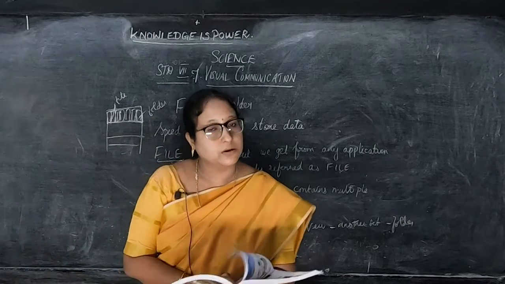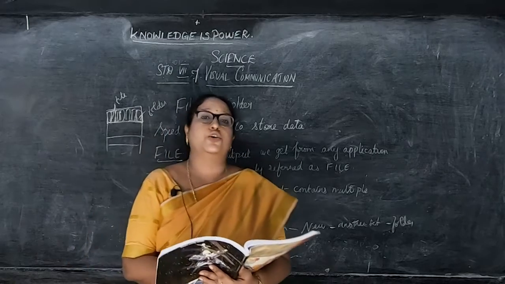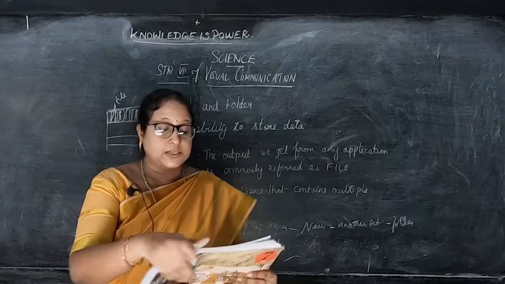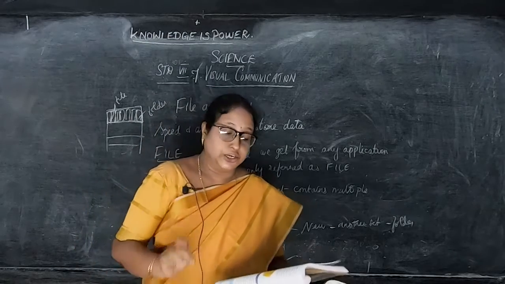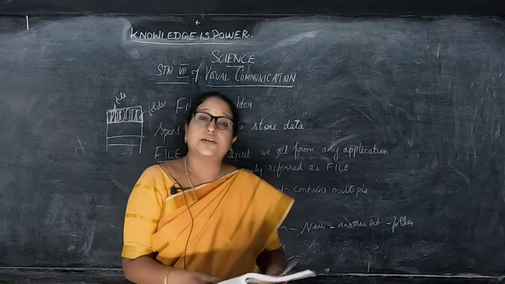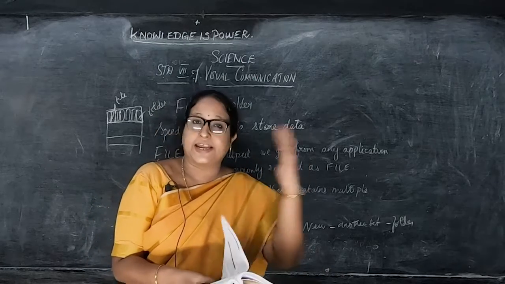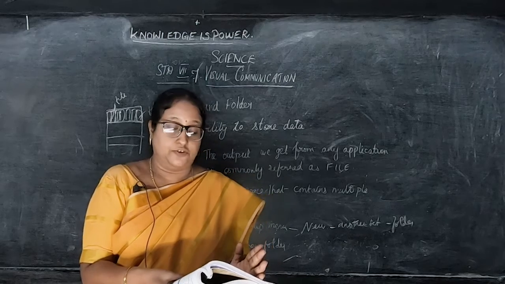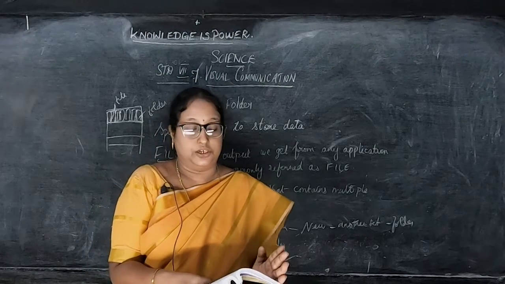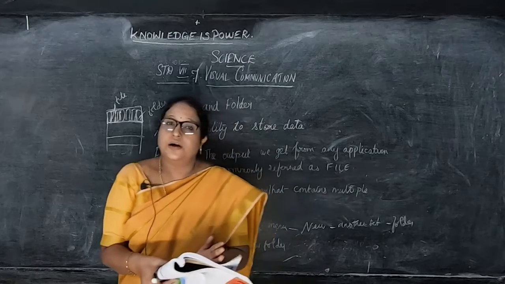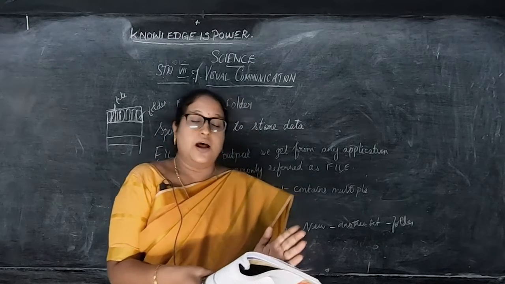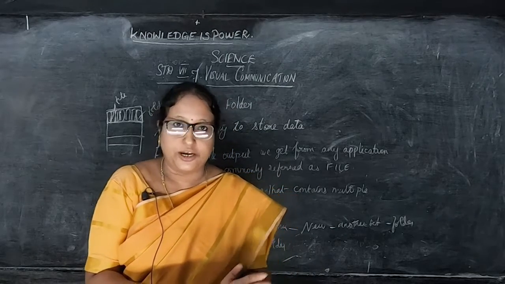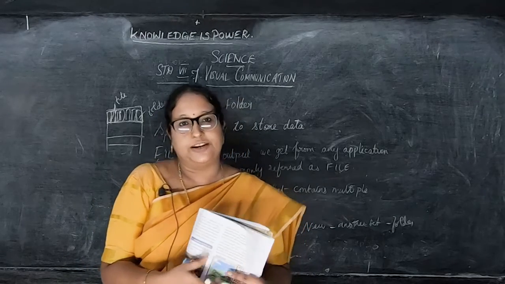So what happens when we right click on the mouse? The pop-up menu appears first on the screen with many options, multiple options. Now next, what do you have to do? You have to select the new option. When you select the new option, the secondary menu appears. In that you can see another set of options. In that you have to select the folder option. Now after selecting the folder option, you can save your file in the newly created folder. Now we have created a new folder and you have to save this file in this newly created folder.